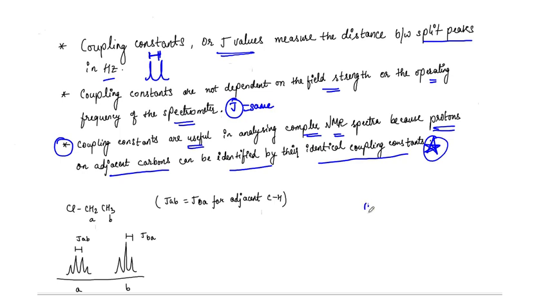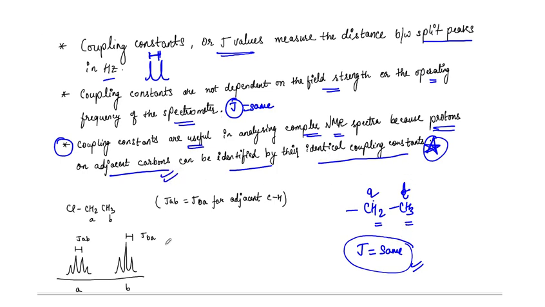That is, if we have, let's say, CH2CH3, let's talk about this again. So basically guys, if the protons are on adjacent carbons, they are going to have the same coupling constant. Why? Because they are splitting each other, right? These two hydrogens are splitting this one into a triplet, and these three are going to split the other into a quartet. So basically the J value is going to be the same for these two. So this is how we can identify that, because the coupling constant is the same, these protons are on adjacent carbons. Okay, right.